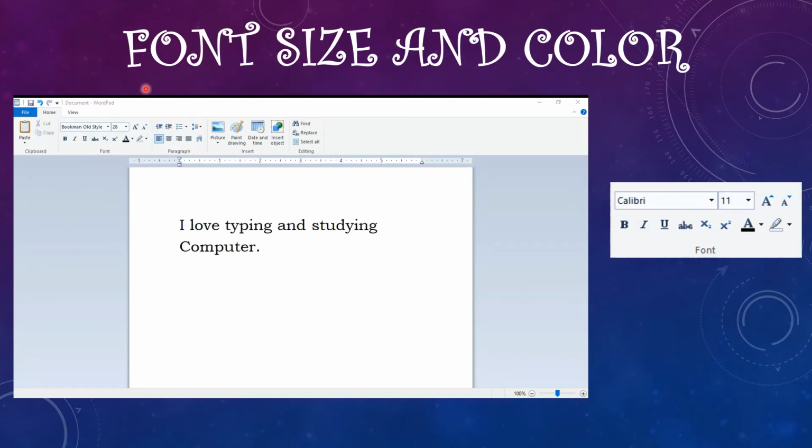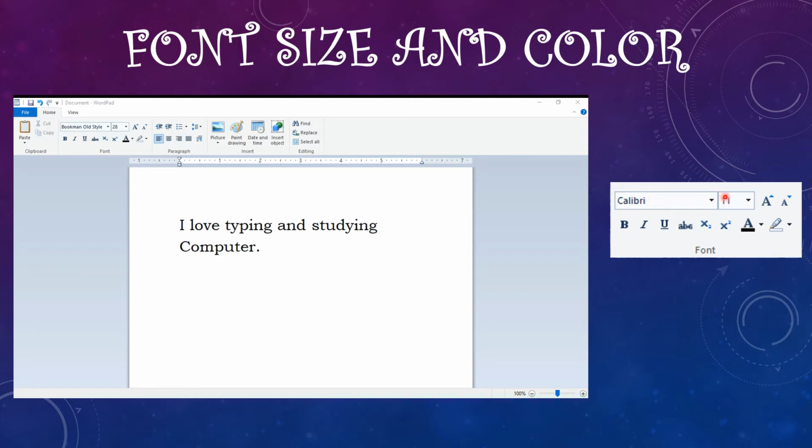Now, if you want to change your typing to a different size or a different color, you can change the font size or font color by clicking on the button and selecting from the options. This is the style box, the writing style box.